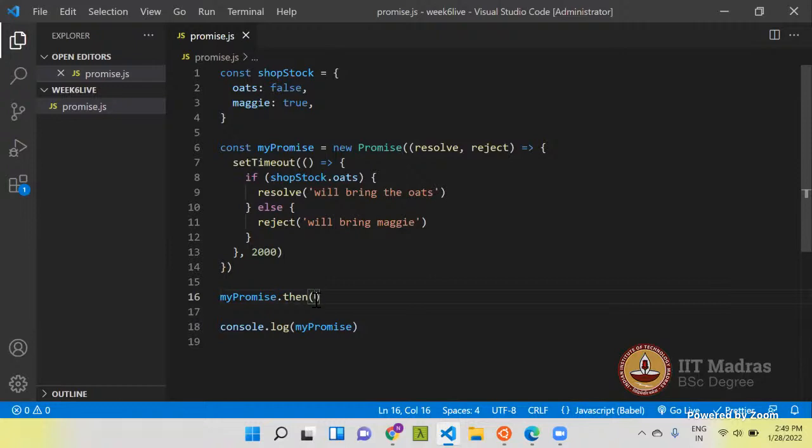It takes basically two callback functions, which we call handler functions. One handles when the promise gets resolved, and one handles when the promise gets rejected. So let's make two separate functions, and then we will use those handler functions in promise.then.